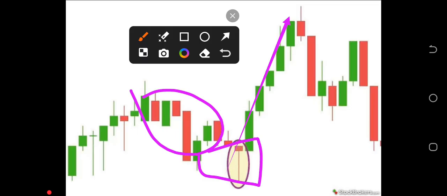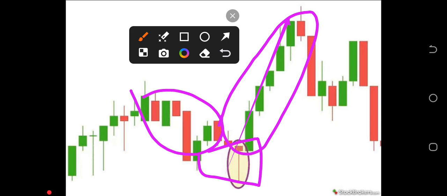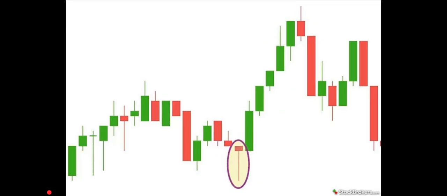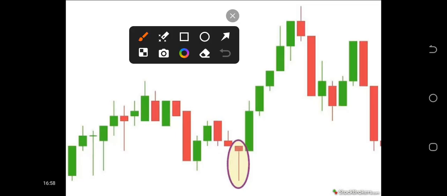So after the appearance of that hammer candlestick, you can see that the market goes up. And if you look at this slide very well, we have so many hammer candlesticks. We can see this to be a hammer candlestick. Look at hammer. But you need to know when the market will make a U-turn, in the sense